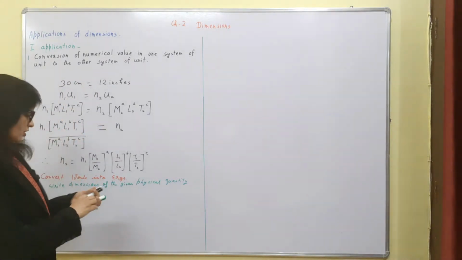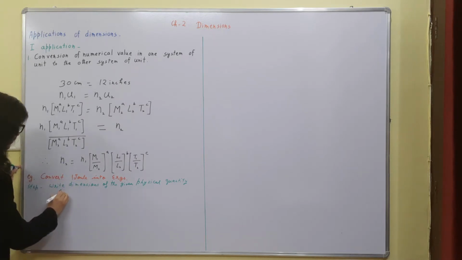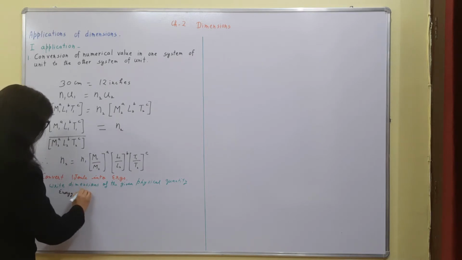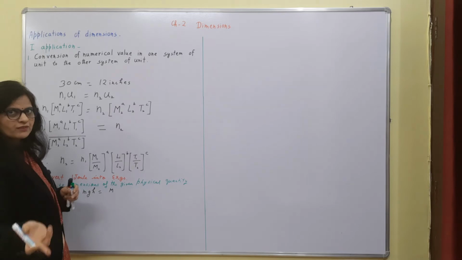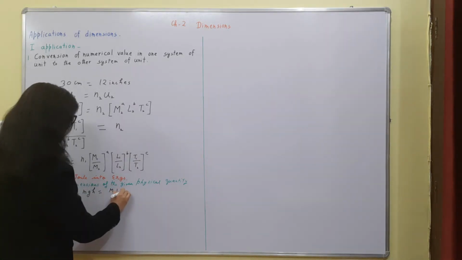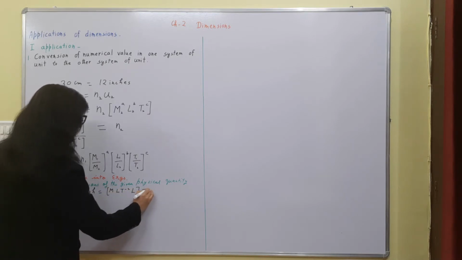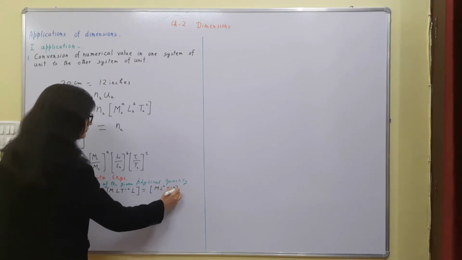So if we write the dimension, joule is the unit of energy. All energies have the same units, so you can write the dimension of energy using any formula for energy. Suppose I am writing this: this will be m. Gravitational acceleration will also have the dimension of acceleration, so this is L t to the power minus 2, and h is L, right? So this gives me M L2 t to the power minus 2.